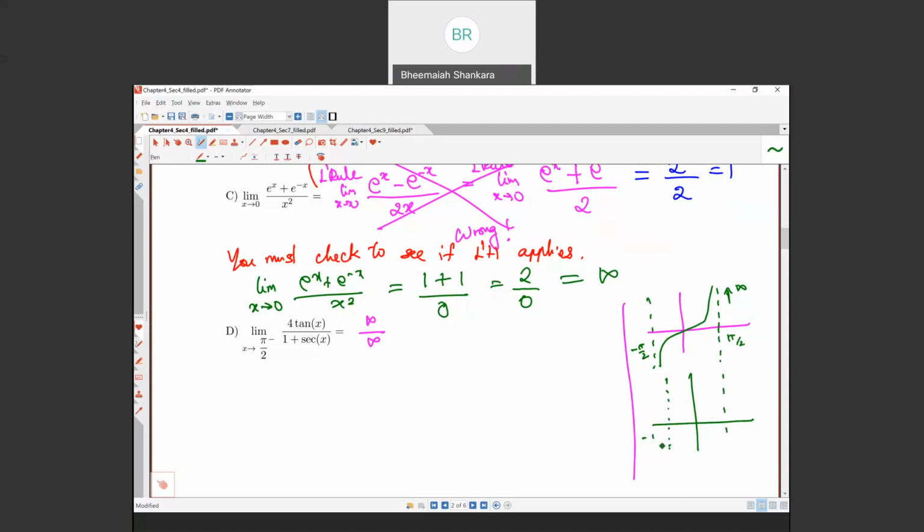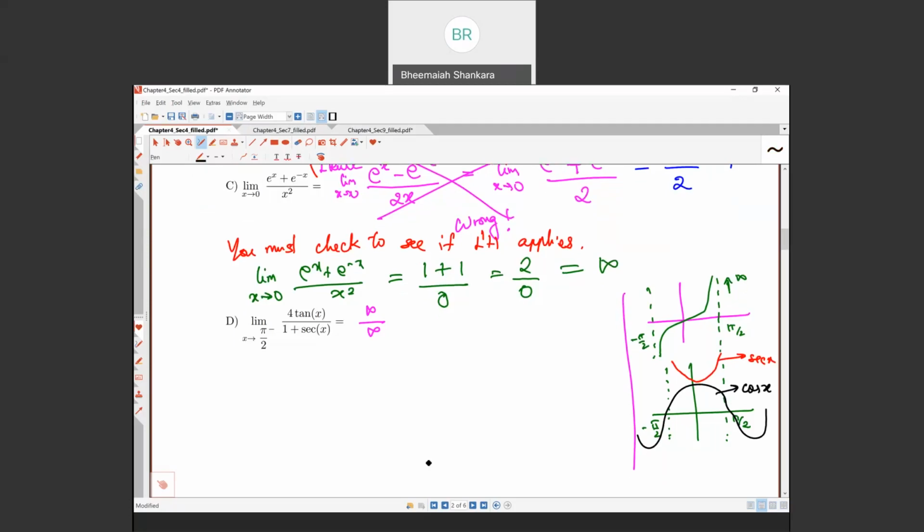Similarly, I want you to draw two vertical lines, negative pi over 2 and pi over 2, and then try to join them using a cosine curve. So if the black ones are your cosine curve, the secant curve looks like this because secant is the reciprocal ratio of cosine. This is your secant curve, and this will be your cosine curve.